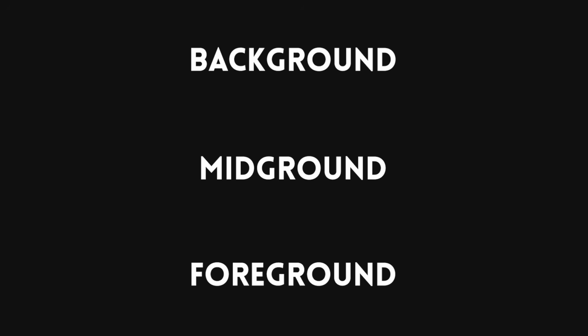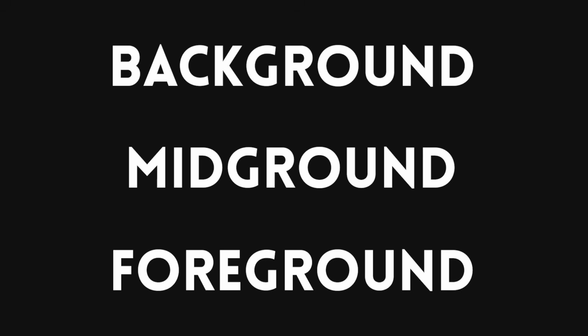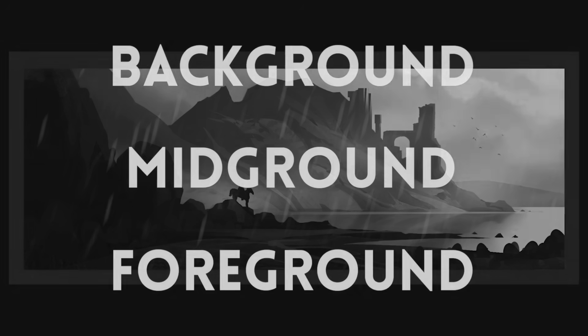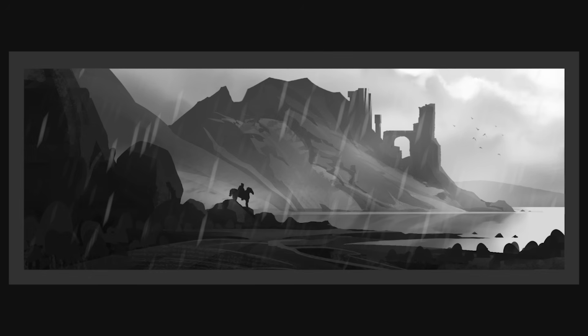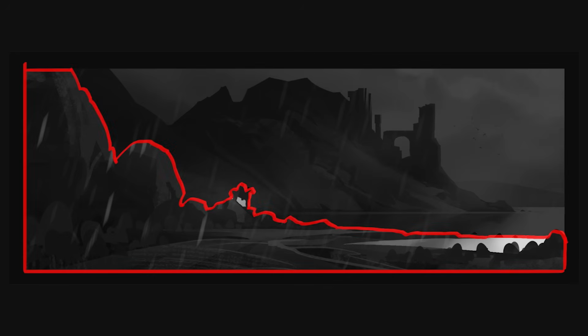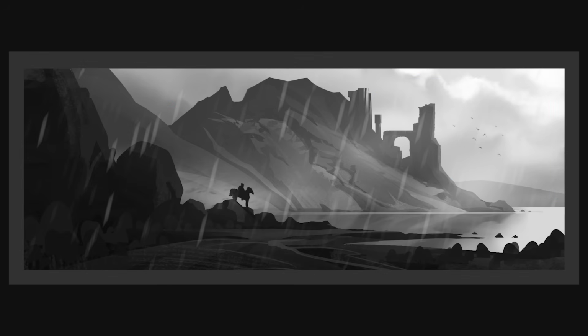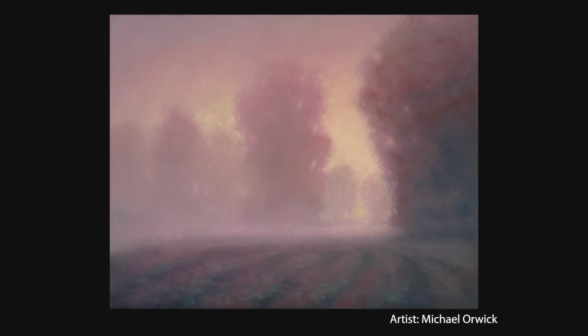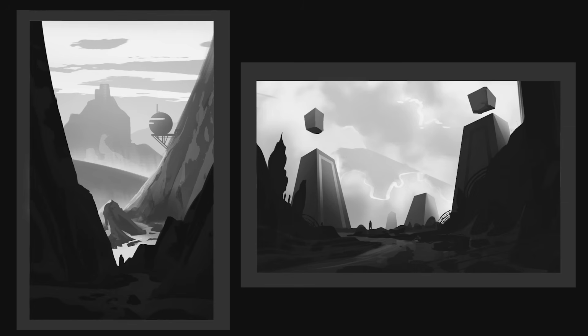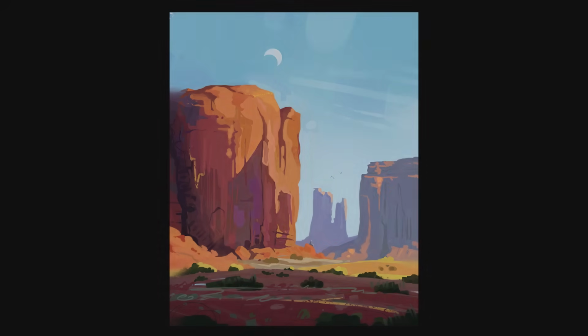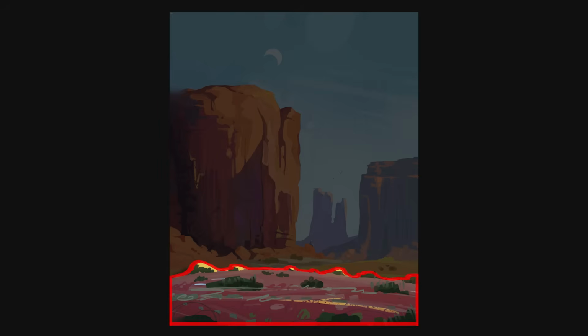And those three elements, foreground, midground, and background, are extremely important to differentiate in certain scenes. We want to have a clear foreground, midground, and background. Now, sometimes we do want to have a scene that is heavily atmospheric, where we can't see much of the background, or where the midground may transition into the foreground. But for the most part, we usually do want to have a clear idea, or at least indication of foreground,